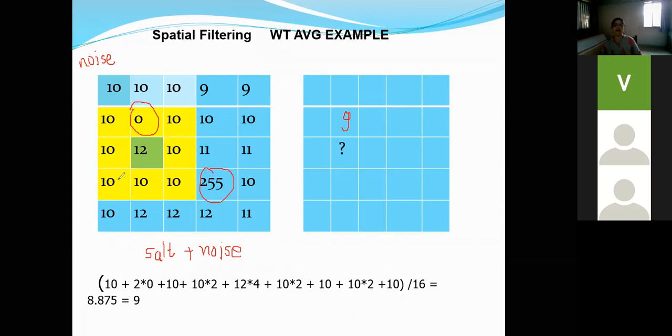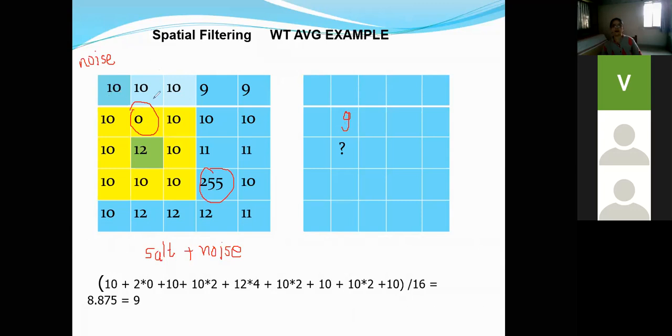When we apply an averaging filter or a weighted average filter, we can observe that these values are replaced by the average of the neighborhood, and hence the noise disappears. In this example, we have seen that the 0 is replaced by 9.